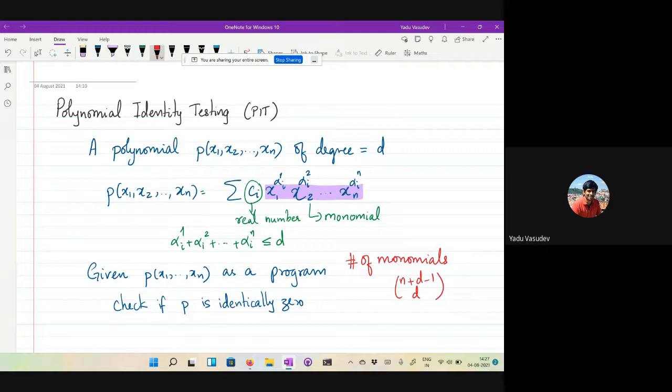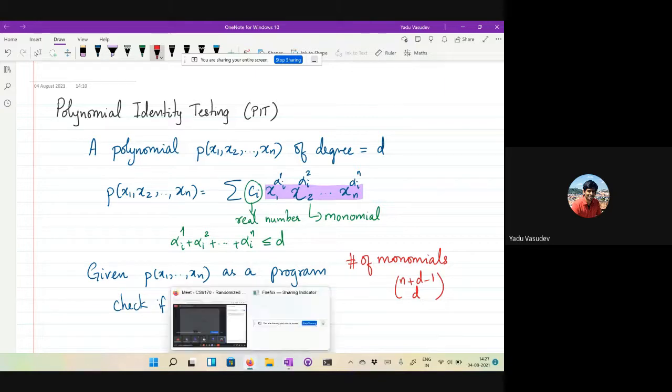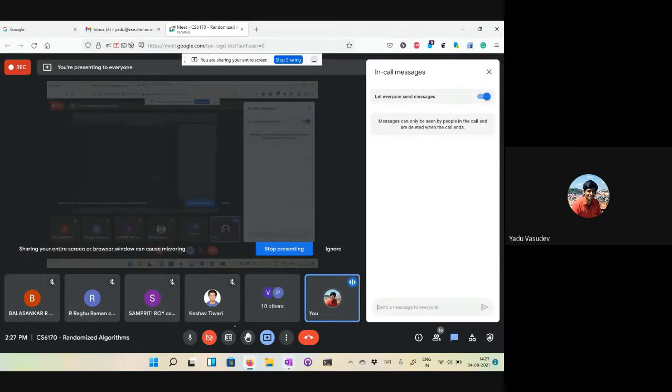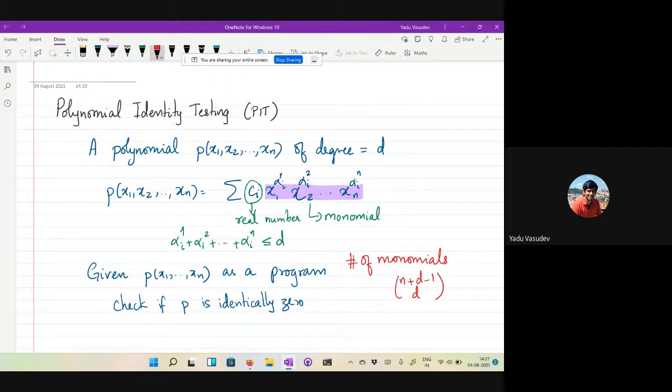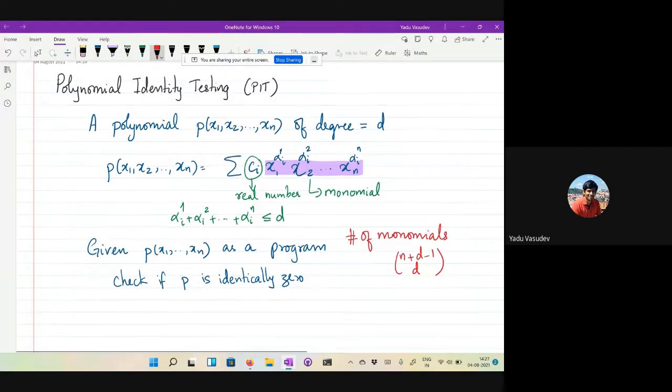So is this problem clear, the polynomial identity testing problem? In the case of the toy example, what you had was a univariate polynomial, and what you have here is a multivariate polynomial. And in the case of the toy example, you wanted to check whether that univariate polynomial, which was p(x) minus q(x), was identically 0. And here you want to check whether this multivariate polynomial is identically 0 or not. Right? So this is the polynomial identity testing question, and it's a very important question for multiple reasons, right?